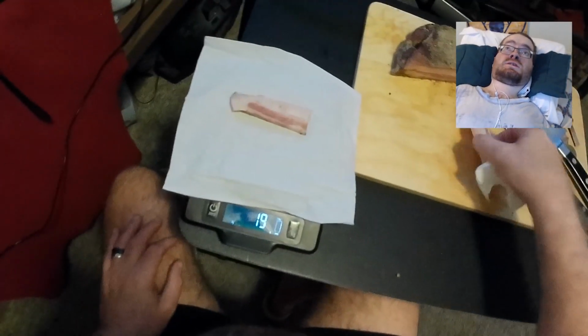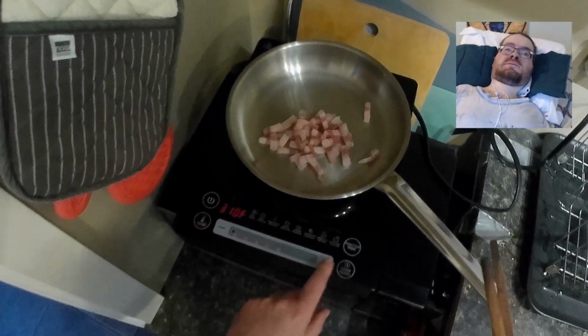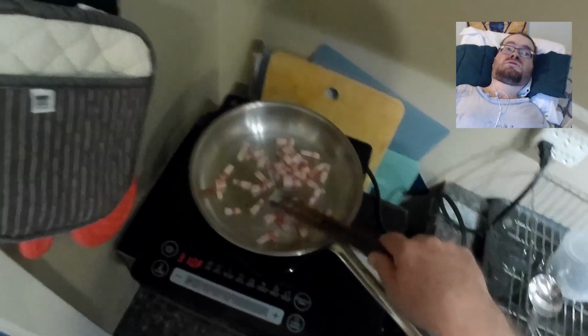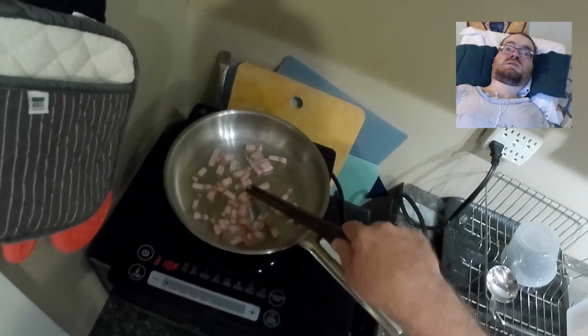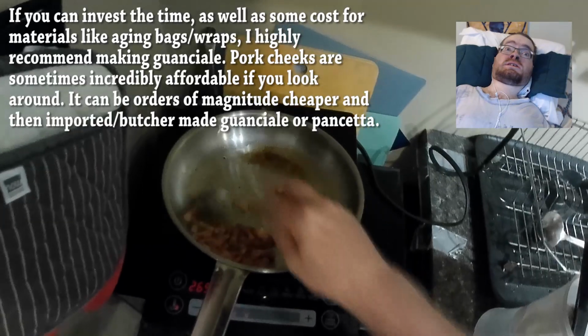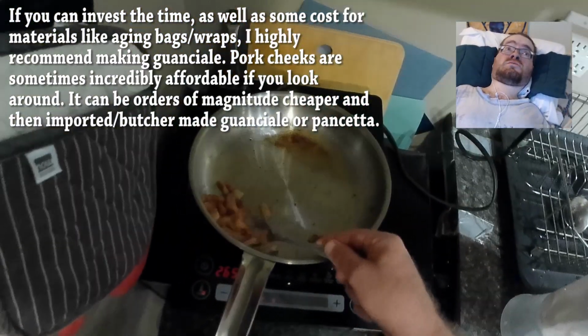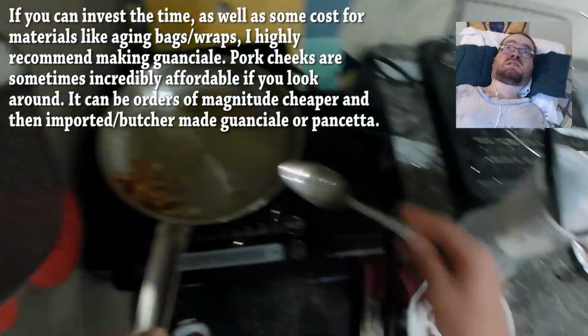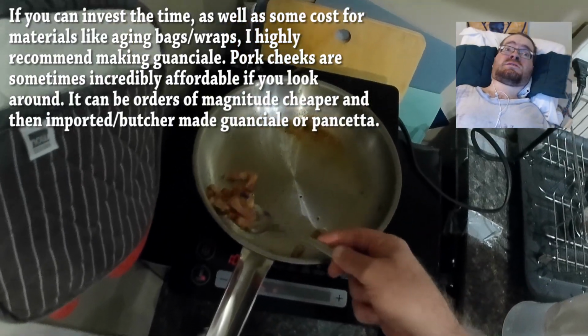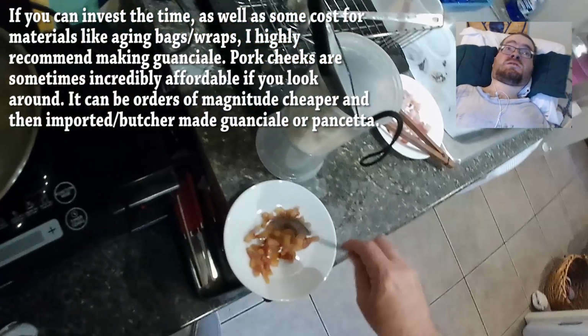We measured a little more off camera, and now we're just starting to render half of it as batons on a sort of moderate heat. I really have grown to love using guanciale over pancetta or a similar pork belly product because it is even fattier, and that rendered fat being sort of the foundation of these sauces gives these classic Roman dishes a very